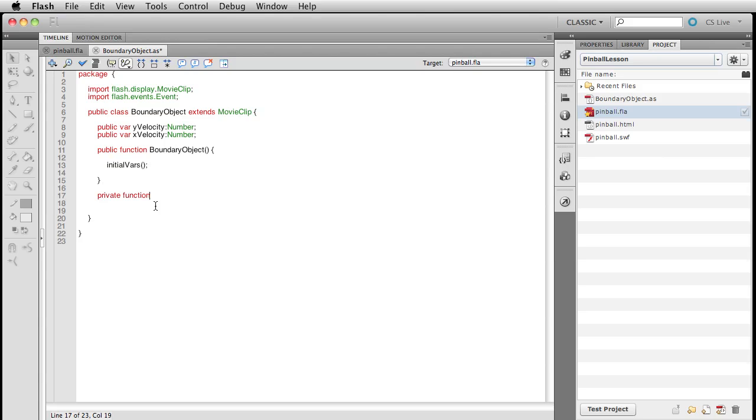Private function initial vars. And inside of here, I'm going to set up what the y velocity will be. And I guess I'll go ahead and also set up the x velocity too, even though we won't use it right now. This I'm going to make 0.5, so it is a little bit more obvious. Let's write